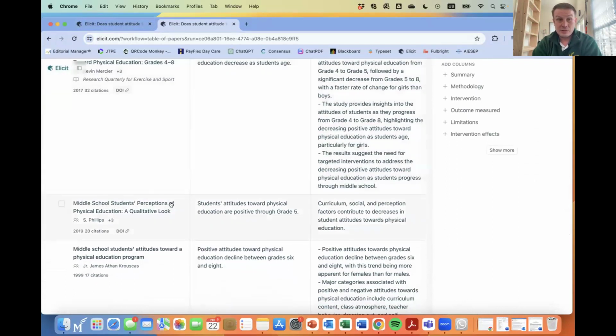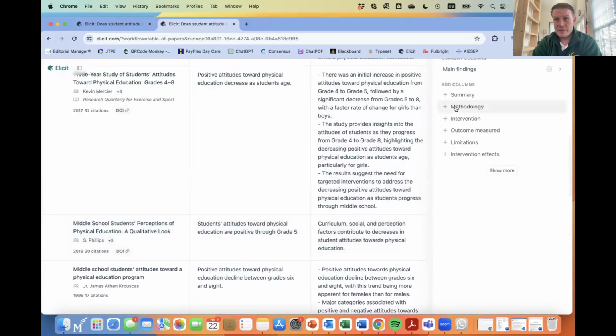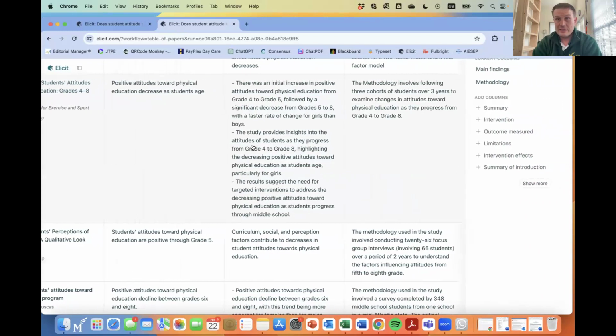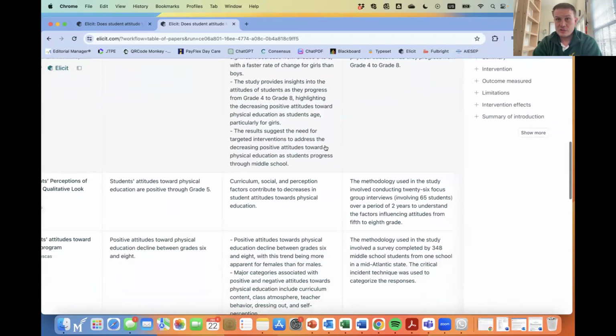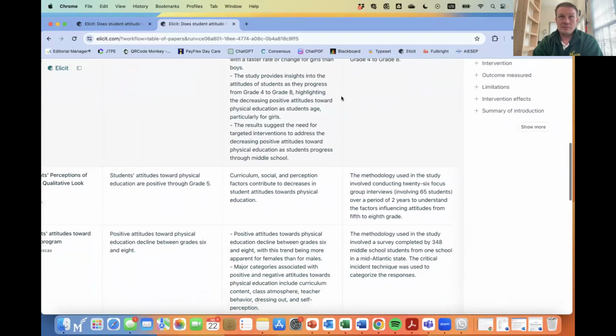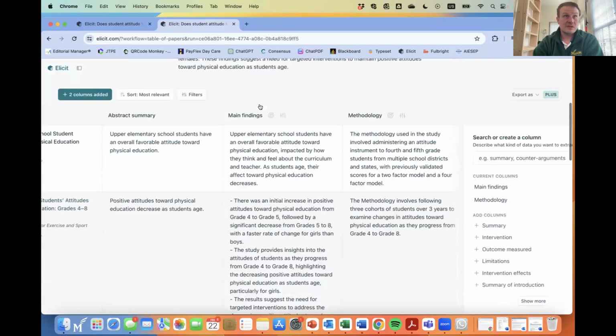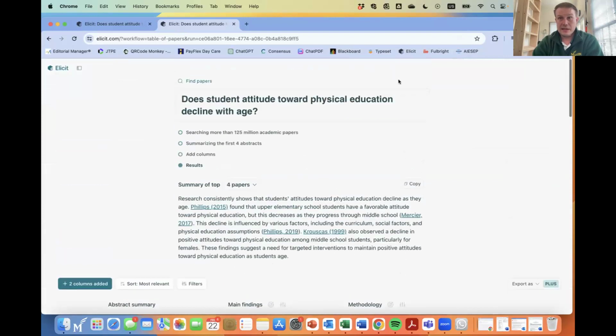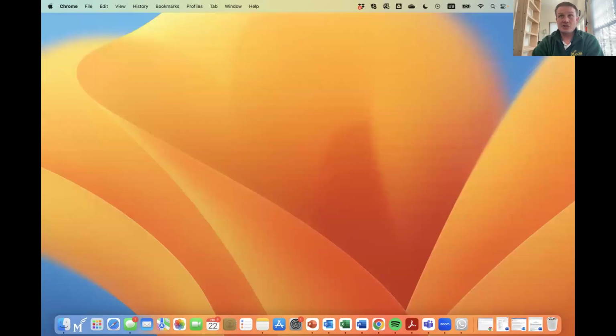Here's a middle school perceptions paper. Here are the main findings. Maybe I want to figure out what the methodology was. And you can start adding these side-by-side columns to speed up your process. So that's Elicit.